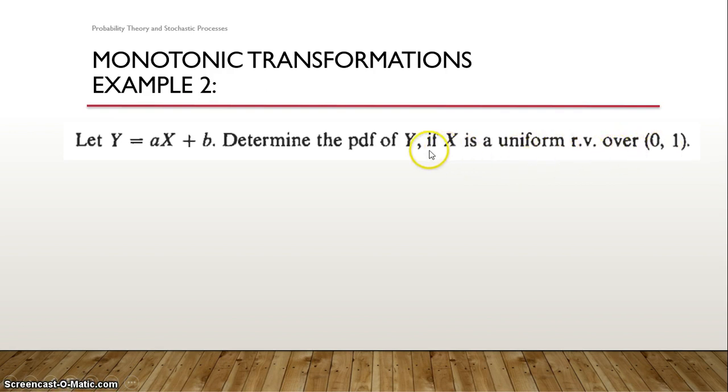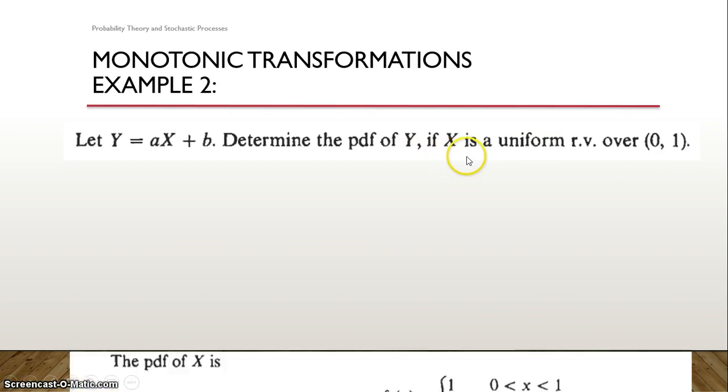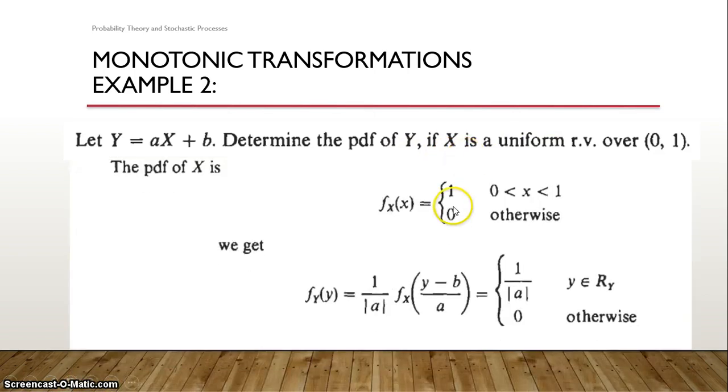So we know that for a uniform distribution, we already know the density function. So using this uniform distribution, let us write the density function first. What is fx of x? fx of x for a uniform random variable is 1 by b minus a. a is 0, b is 1. So it is 1 when x is ranging between 0 and 1, and 0 otherwise. That is the density function of the uniform random variable.